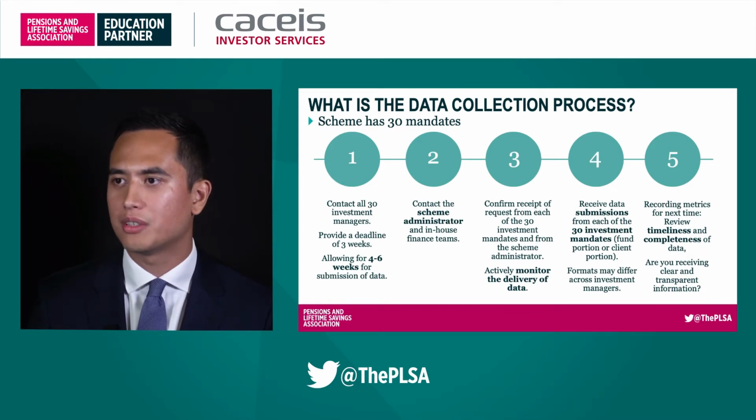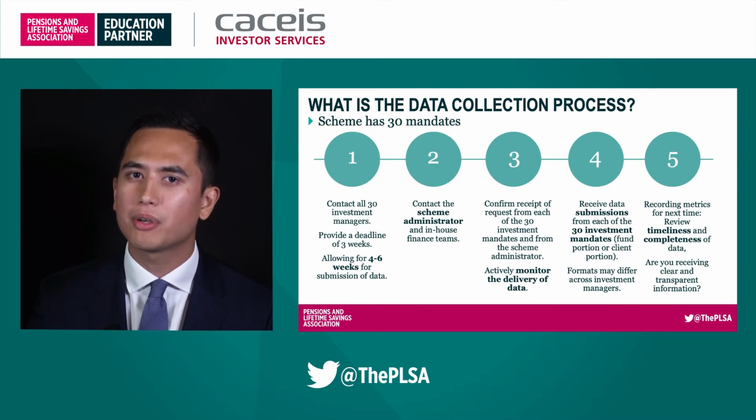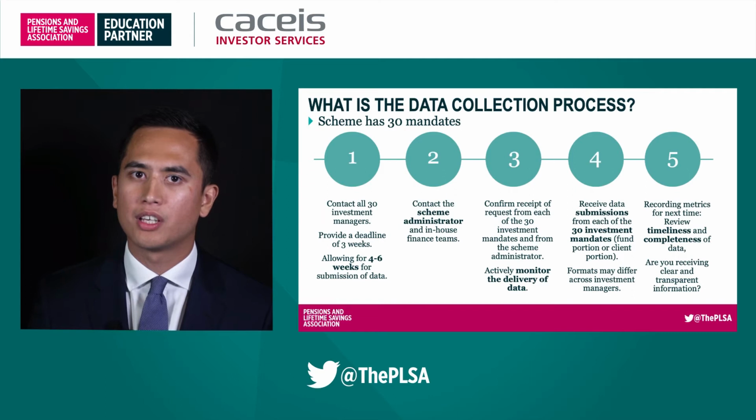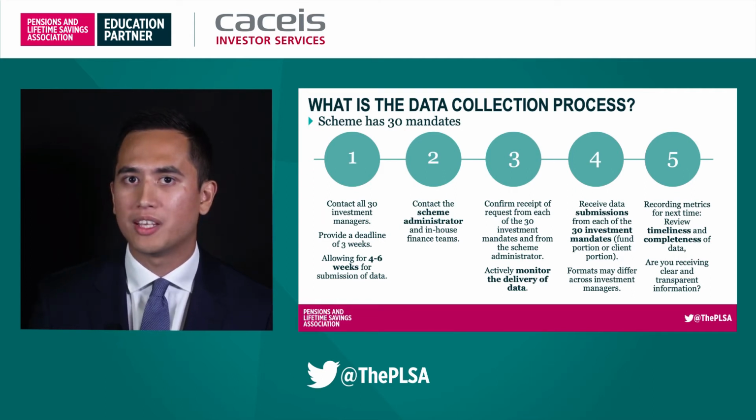This cost data from an administration perspective is nothing new. It's typically found in your annual report and accounts already. And to be clear, the regulation states that for cost transparency reporting, it should include all costs that are borne by the members. So the next step in data collection, once you've sent out all those requests, is hopefully